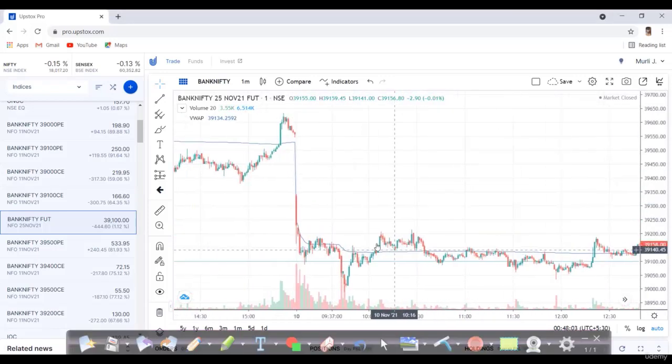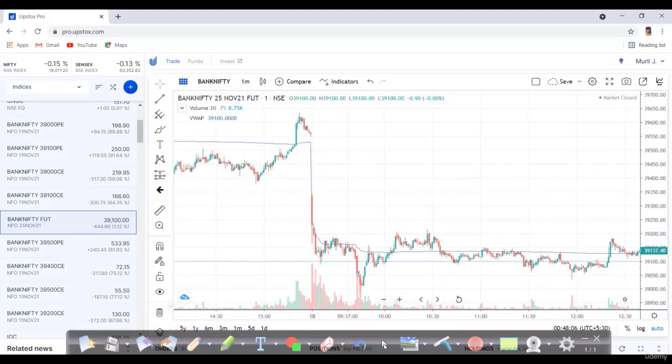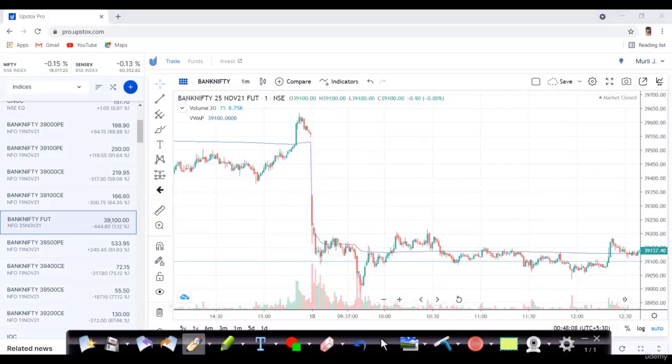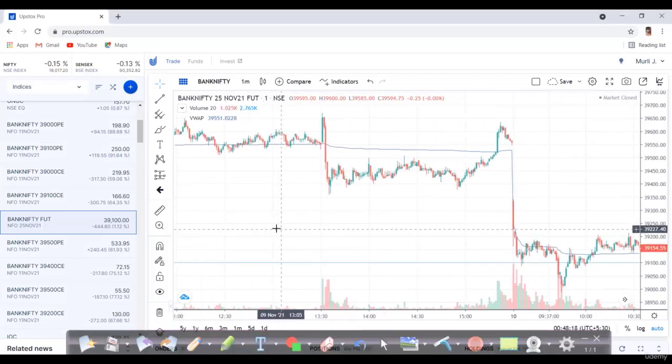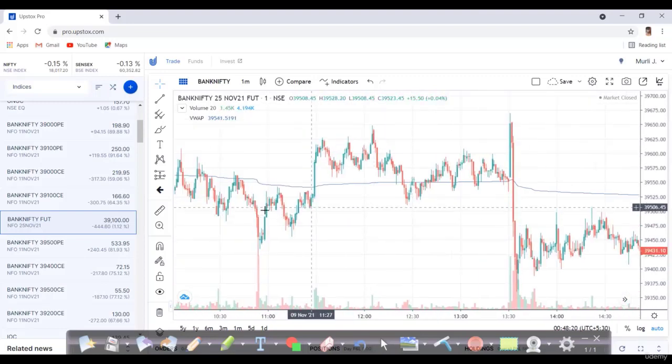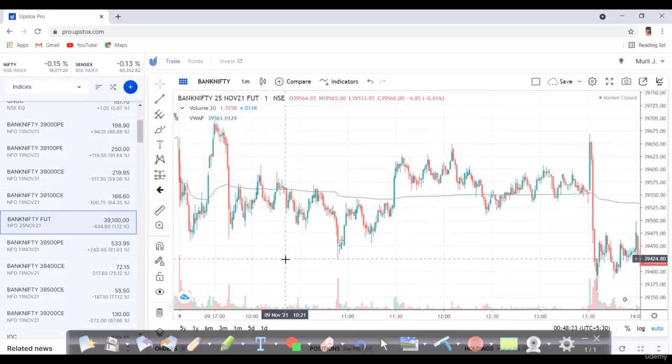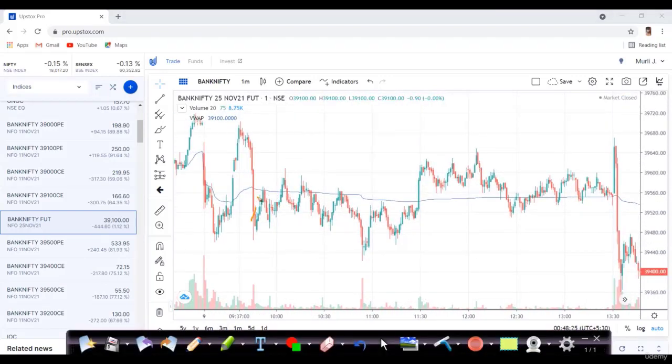The VWAP line acts as a support and resistance. As I said earlier, VWAP will change as per date. The VWAP line starts from here because this date starts from this candle. So VWAP will always change, but the moving average will play an important role based on the past data as well. If you check here, see, whenever the market touches here, VWAP, down, touches here, down, touches here, down,